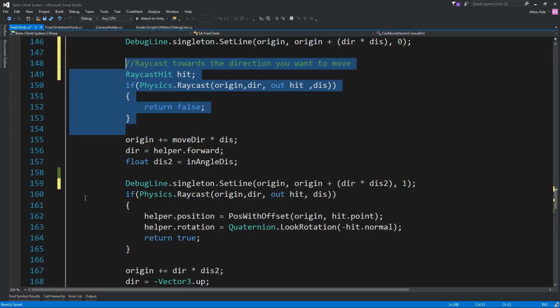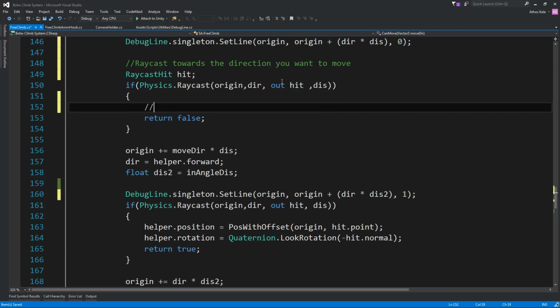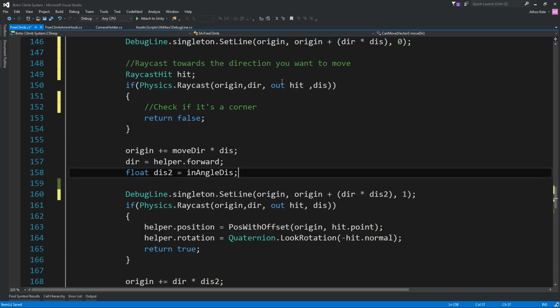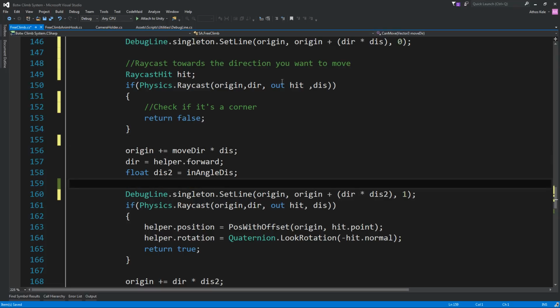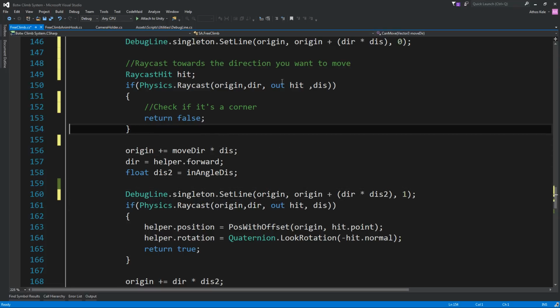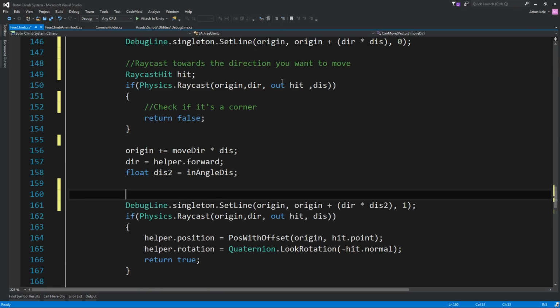Of course, if it is, you might still be able to walk over there. You know, it should be an inside corner. If we just return false over here, later we're going to fix that as well. So basically we can say check if it's a corner. So the system is designed to allow you to basically climb anywhere without having any limitations. Okay, so it's clear.